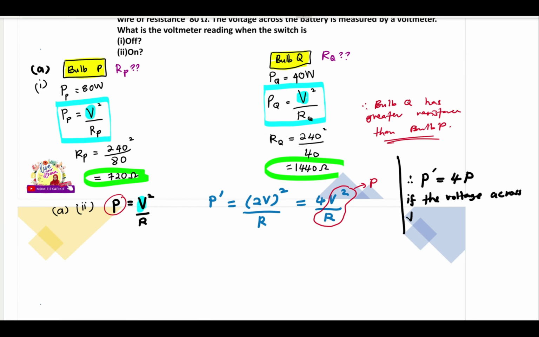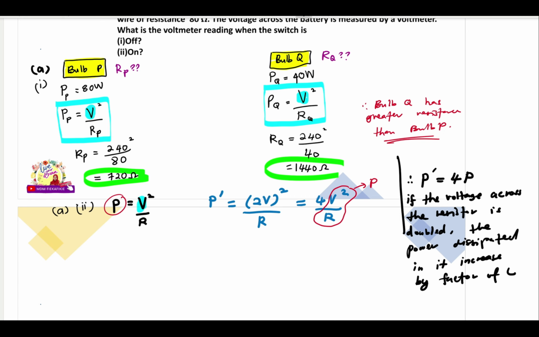And then A2. Okay. What will happen to the power dissipated in a resistor if the voltage across the resistor is double? Okay. So, if the voltage across the resistor is double, kan, dia tanya, what happened to the power dissipated in a resistor? Tadi kita tahu power dissipated in bulb P 80 watt and this one is 40 watt. Okay. So, kita cuba tulislah untuk A2. Tadi ni A1. Okay. Jadi untuk A2,